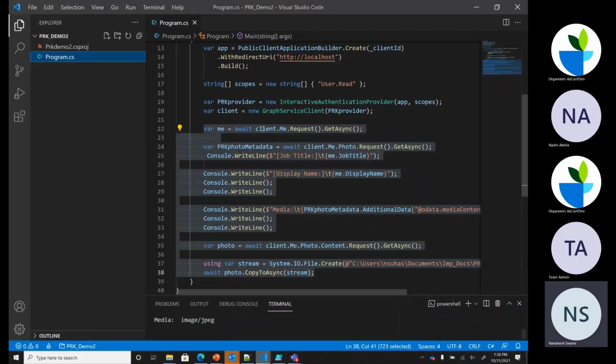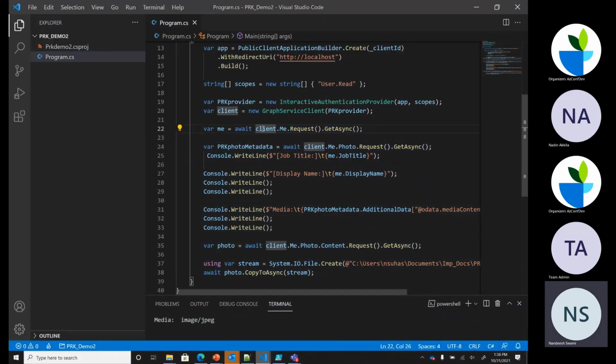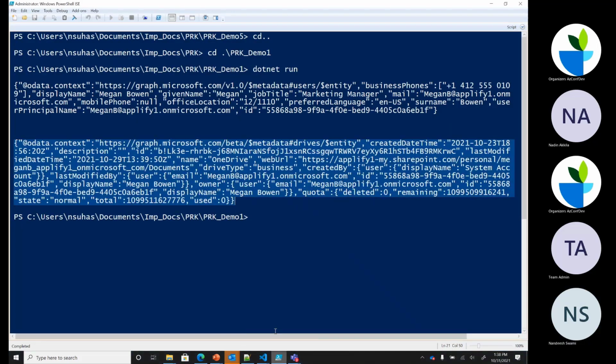So here's the demo that we have created. And through this demo, what are we going to do? Let's say I'm going to use the same API which we used in the previous demo, which is to call in and get profile information, but I want specific details. Like, can we get my display name? If you go to this output, here is the output for the my profile API,